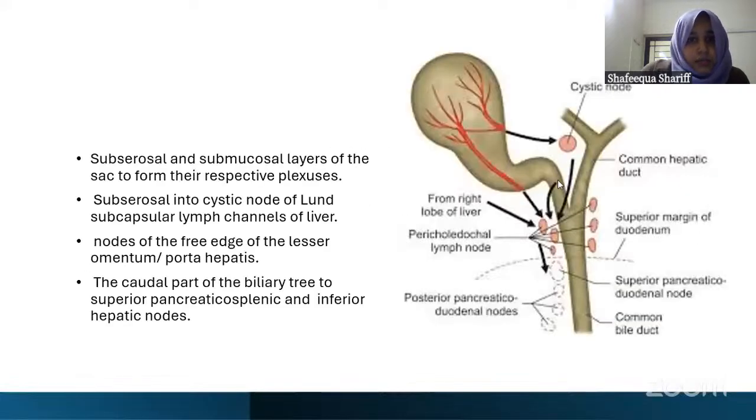The gallbladder lymphatic system: from the subserosal and submucosal layers, respective plexuses are formed, and they move mainly into the sentinel node, the cystic node, that is the Mascarenhas node. From the Mascarenhas node it moves on to the pericholedochal nodes, the posterior pancreaticoduodenal nodes and the superior pancreaticoduodenal nodes. But sometimes the subserosal nodes also drain directly into the liver. So sometimes in gallbladder, that is one of the reasons that there is metastasis to the liver very early in